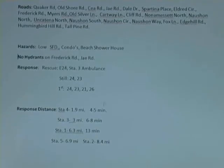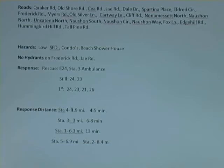No surprises there. The response distances and times. This is for 80 Fox Lane, which is about halfway down Fox Lane. We have about 2 miles, so we're talking about a 5-minute response time from Station 4, and from Station 3, 3 miles, about a 7-minute response time. Station 1 for the latter, you're talking 13 minutes. So we're talking about 23 and 24 getting to a building fire approximately the same time,